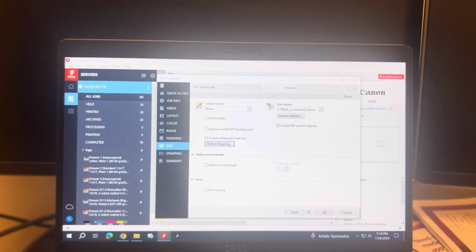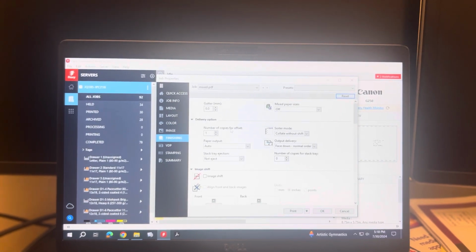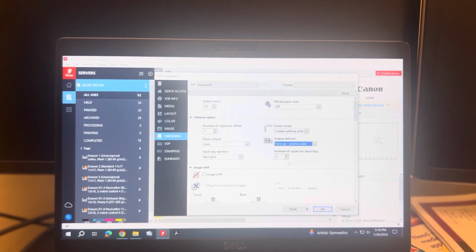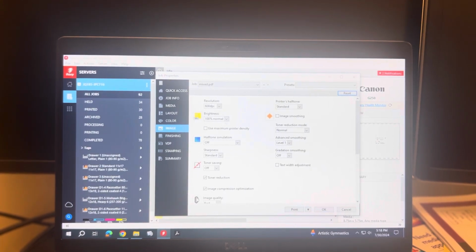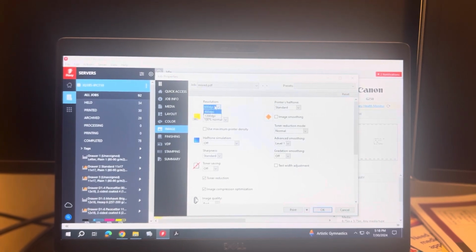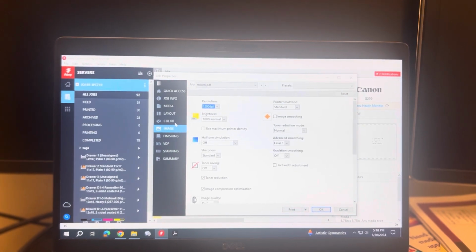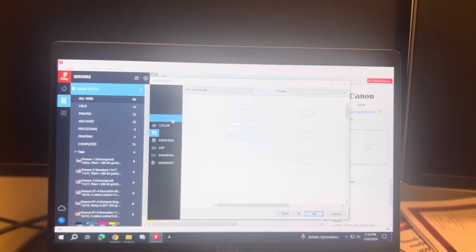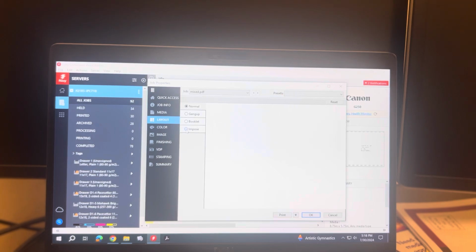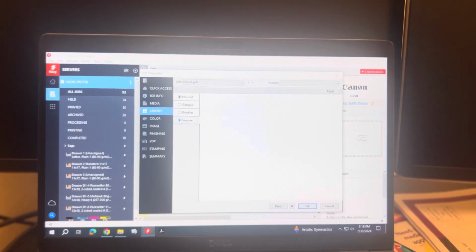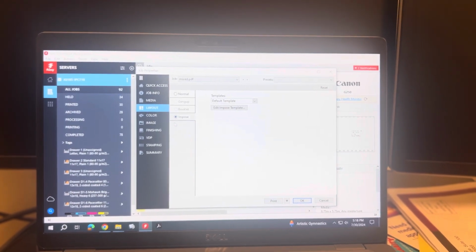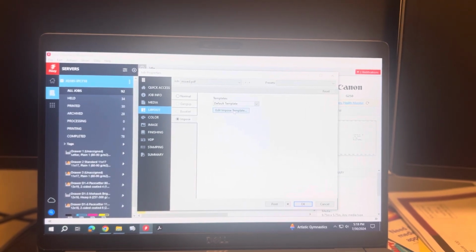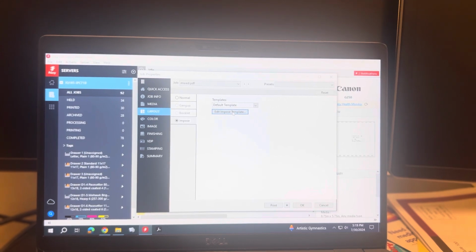Now after this you're gonna go into finishing, and I, as a preference, like to do face up, reverse order, and then you would go to image and change this to 1200 dpi, and then you would go to layout and then impose. Now there's multiple ways to get into impose. This is just one way to get inside impose. You're gonna hit edit impose template,